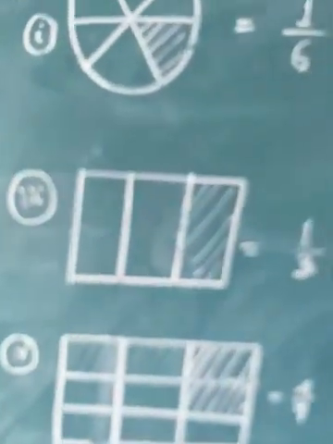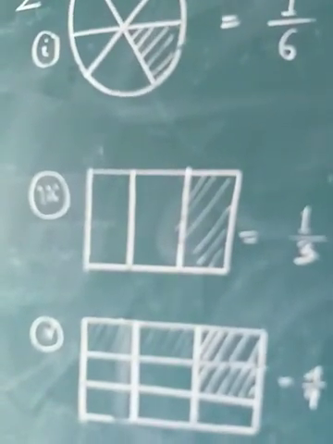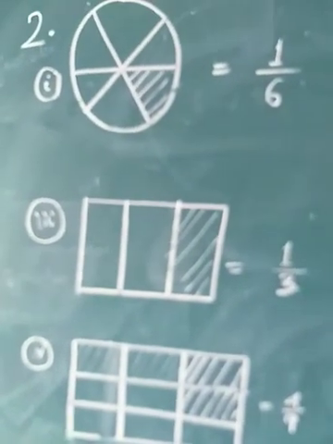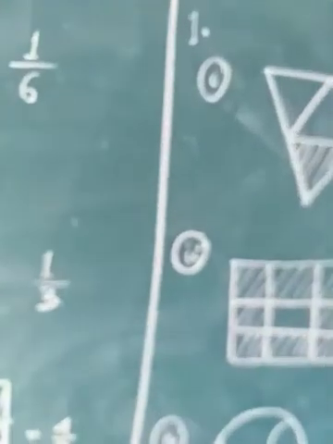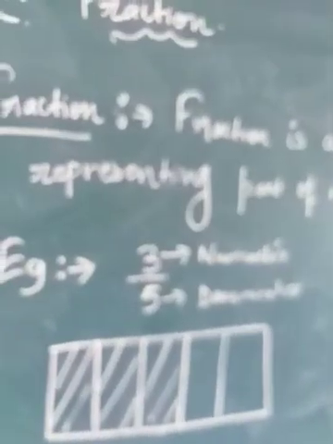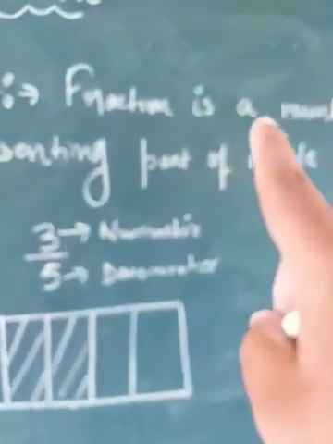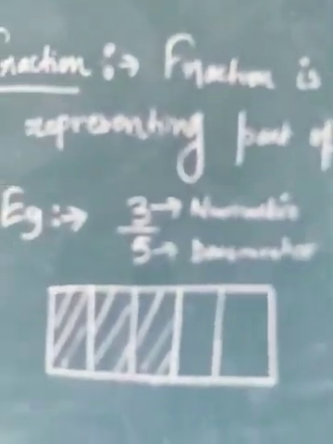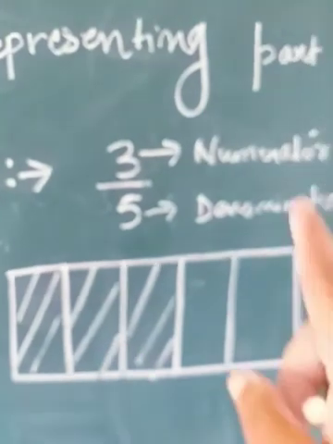And in this also, there are some sums which I have not done. Those sums will also be considered as homework. Okay, so for this session, you will do question number 1 and 2 of exercise 7.1. Also, I want you all to please write the definition of a fraction, that what exactly is a fraction, and provide this example also.